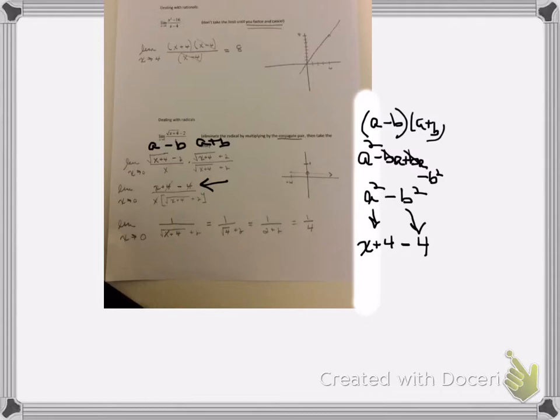The denominator is going to come along and be placed next to the original denominator of x. So cancel what you can, and the 4's cancel because they are opposite signs. The x over x cancels and becomes a 1. So in my denominator, I'm left with radical x plus 4 plus 2. Now I'm ready to take the limit, because once I plug in a 0 for my x, I end up with 1 over radical 4 plus 2. Taking just the principal root, I end up with 1 over 2 plus 2,